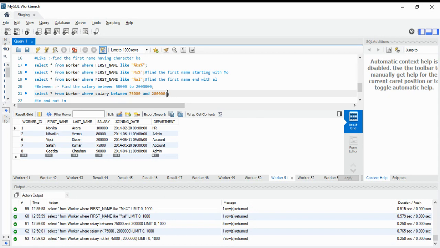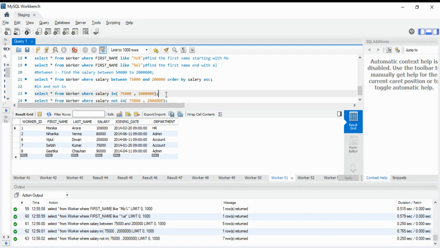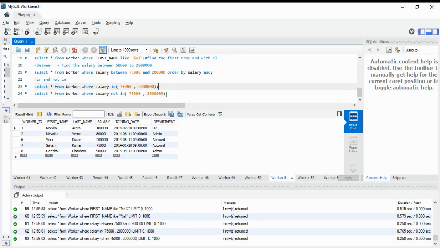Right? If I want it in ascending or descending order, then we can write order by salary ascending. Now, in and not in. Suppose I want to get the salary in 75,000 and 2 lakh, right?